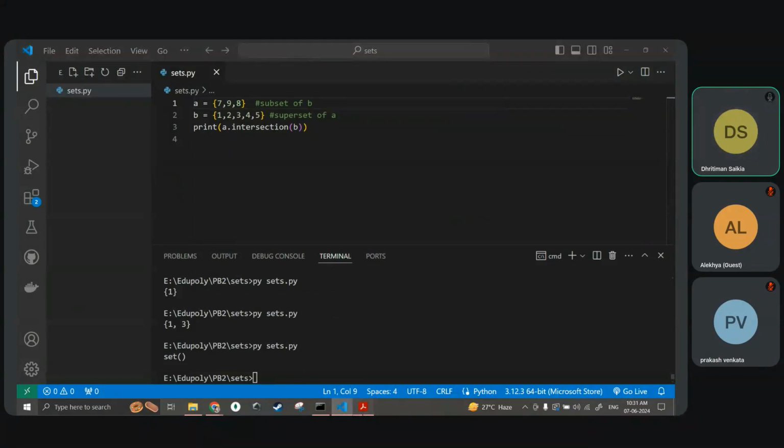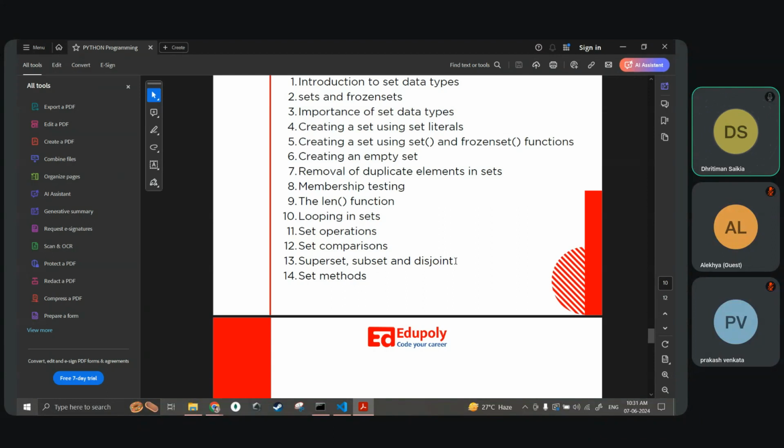Okay, fine. Now what is left? These three things are very important, and even this set method is also important. These four things, apart from removing duplicates, are very important in the case of sets. So when someone asks you why sets are used, don't say that it is only for removing duplicates, but a lot of other operations are also supported, which are not supported in